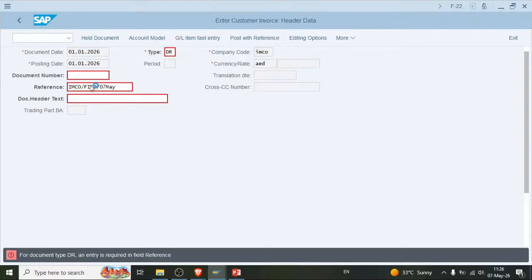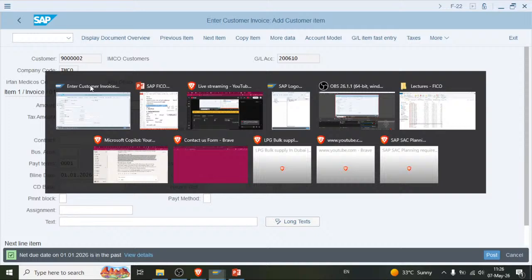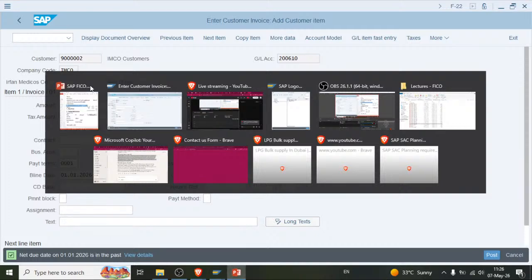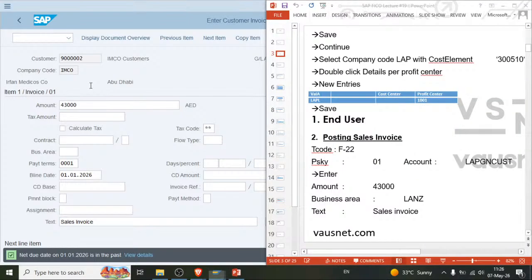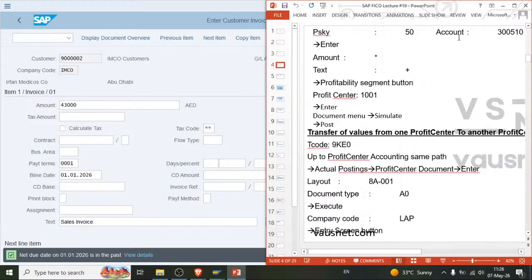Enter. Okay, and 43,000. Business area lands. We don't need a business area. Text: sales invoice. Sales invoice. Okay. Next, I know there will be some issues going